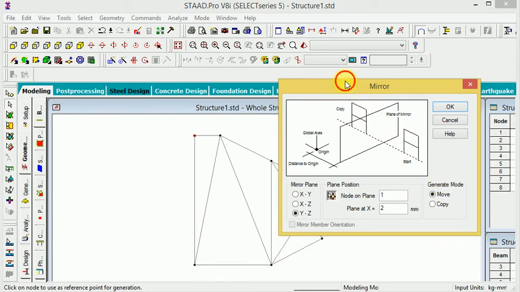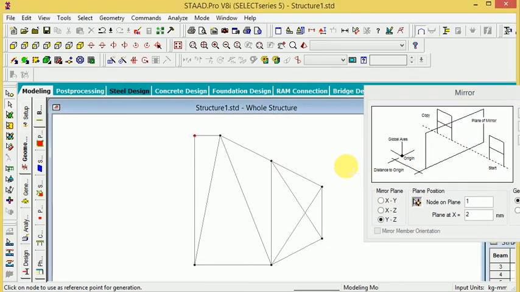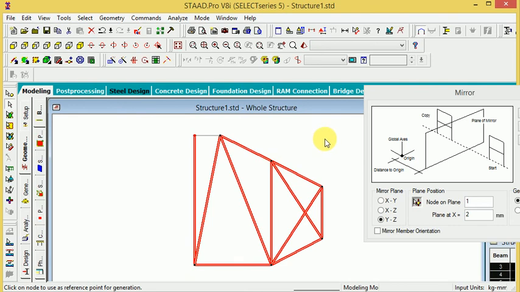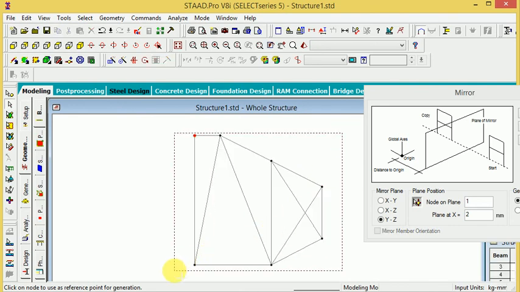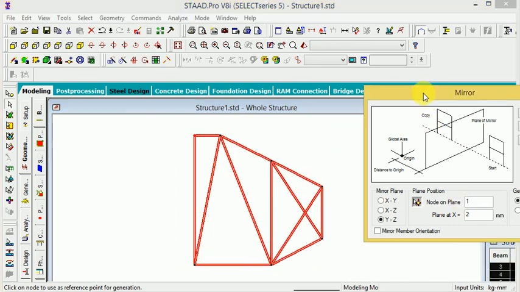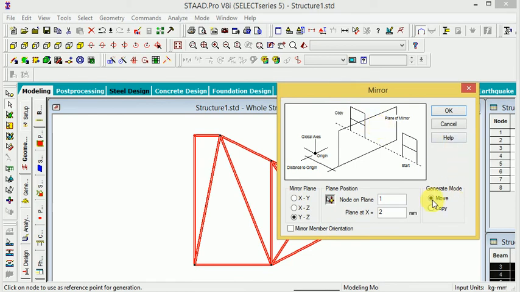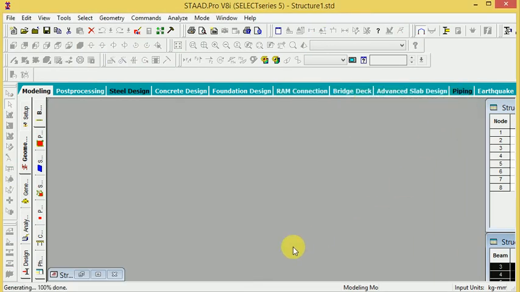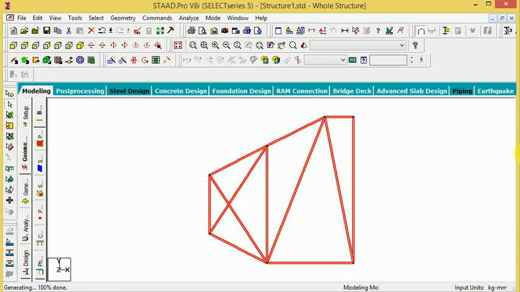Select the move and click all the structure members, every structure member is caught, then select this move here, about the node, this node about to mirror, and which plane, according to y and z. So how to move, go to move here.